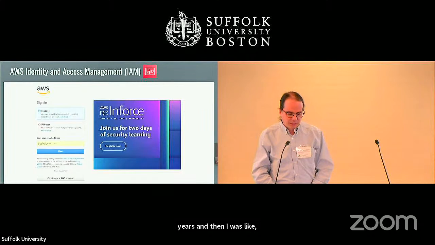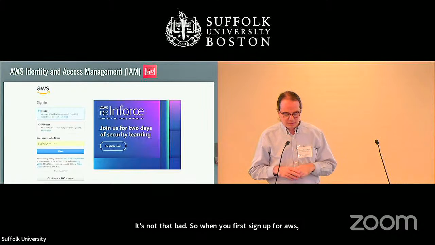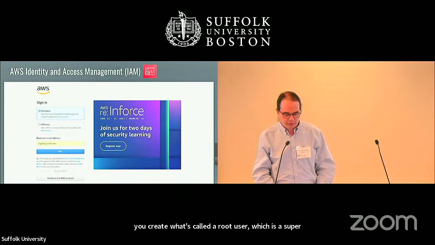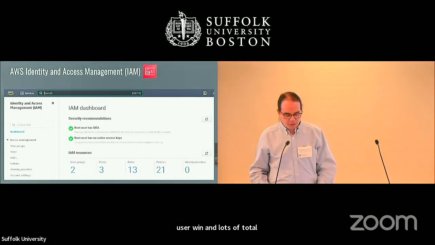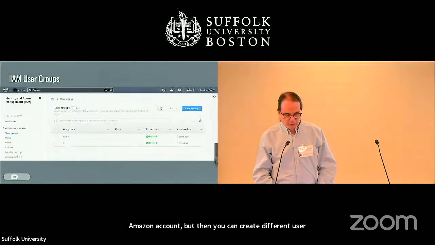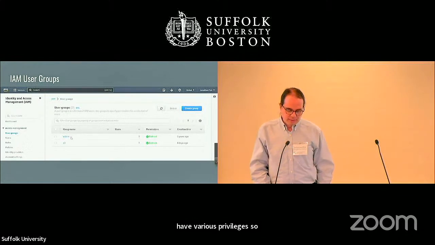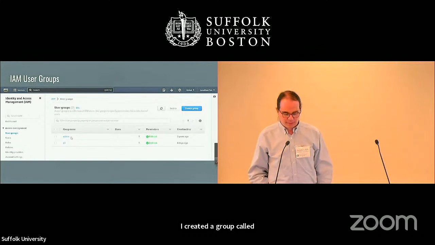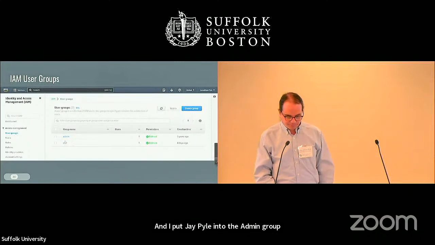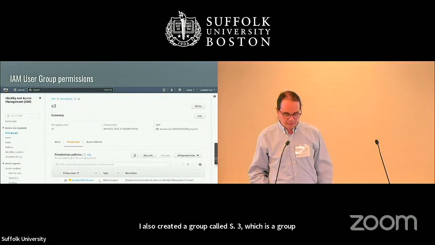It's not that bad. So when you first sign up for AWS, you create what's called a root user, which is a super user with total, complete power over your Amazon account. But then you can create different user groups within your account and also different users who have various privileges. So I created a group called admin, and I added a user called jpyle, and I put jpyle into the admin group. I also created a group called S3, which is a group that has full access to Amazon S3 resources. So